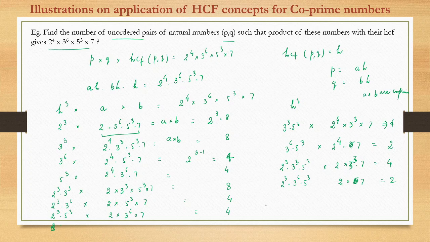Fine. So what will be the total number of ways, unordered ways? We are not differentiating between a and b. Simply we are writing, this formula gives the unordered ways. So 8 plus 8 is 16, 4 is 20, 24, 32, 36, 40, 44, 46, 50, 52. So the total number of ways is nothing but 52. So this is the answer.